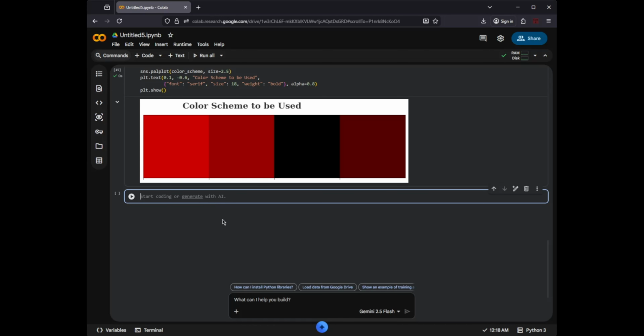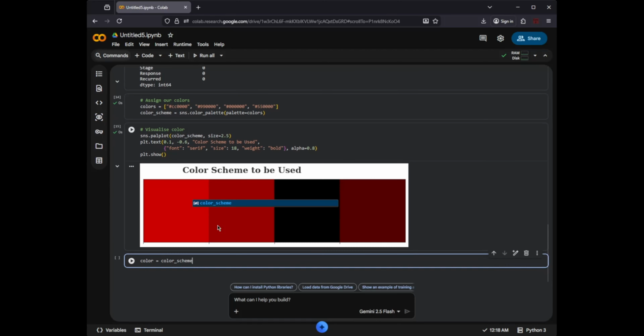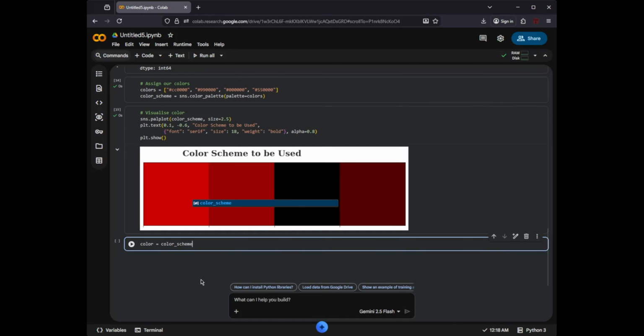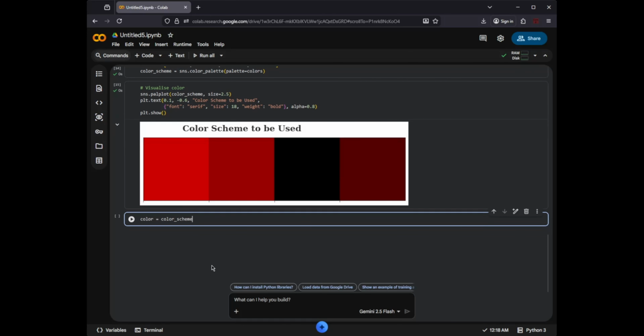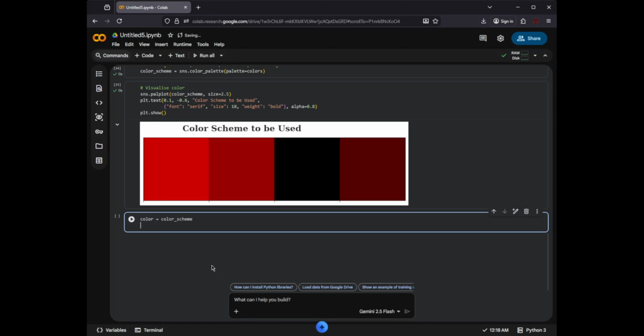So let's say color equals color scheme. All right, it's more like we are reassigning values or thereabouts. Did we? Color. Okay, we've not assigned color, right? All right, so we can go ahead and then